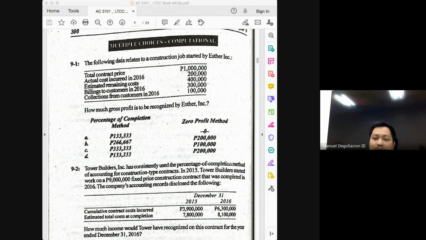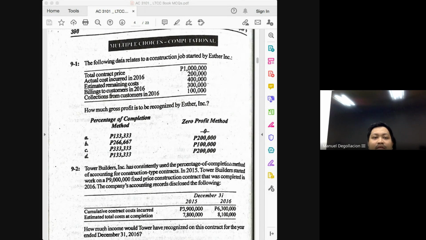33 and 1/3, or simply 1/3. In this case, it would be better for you to use the fraction instead of the percentage. Now, do we have the two things we need to solve for your RGP? The answer is yes. How much is the percentage of completion? 33 and 1/3, or simply 1/3. And how much is the expected gross profit?